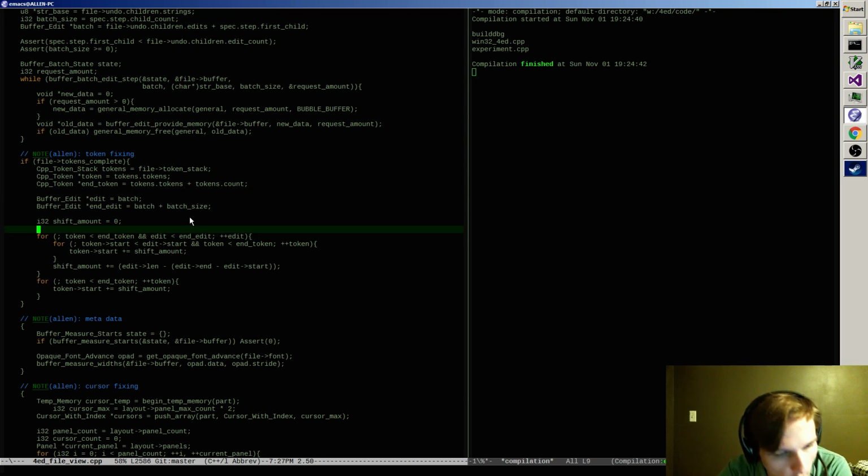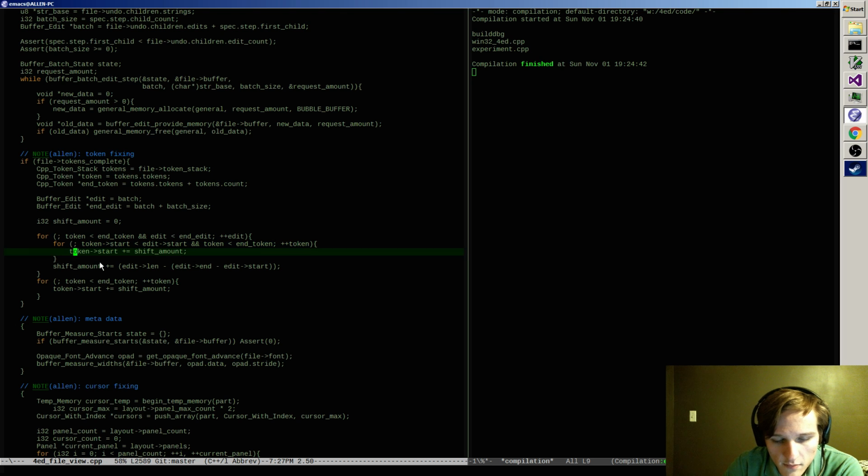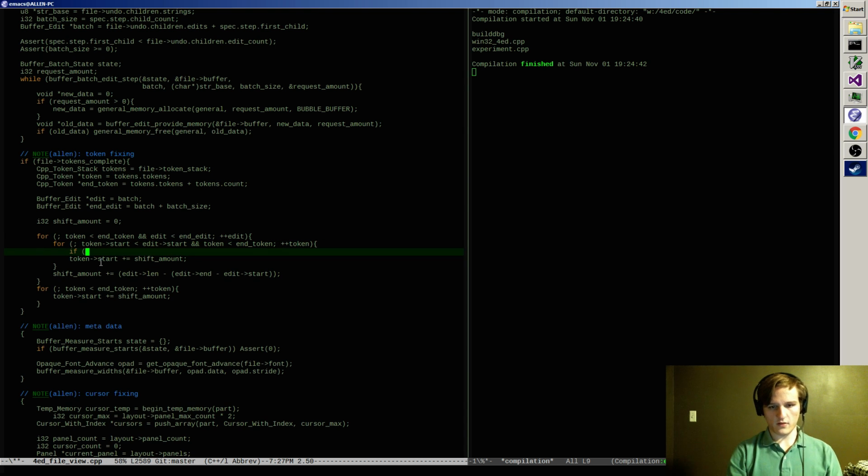Now what this is ignoring is that there could be a token that completely contains some of the white space that gets edited. Specifically, that could include comments and strings. So what I need is something that says, if the edit start is less than this, and the token is less than the end token, this just takes the token and shifts it. But what we actually want to do is say if the token